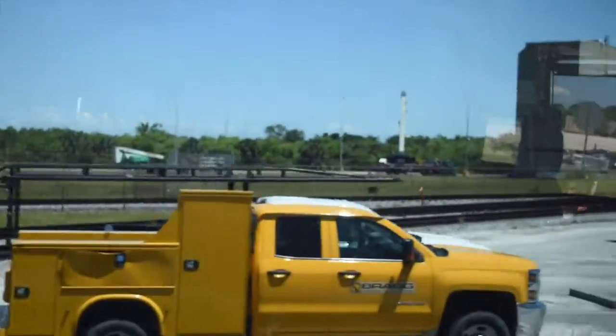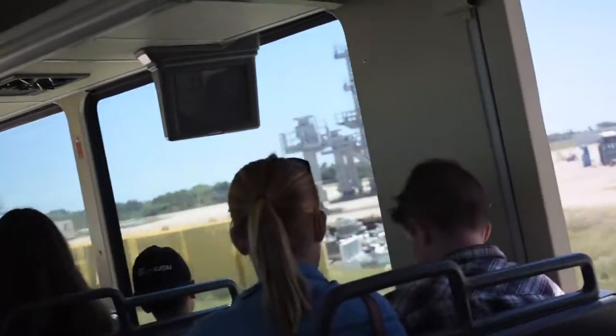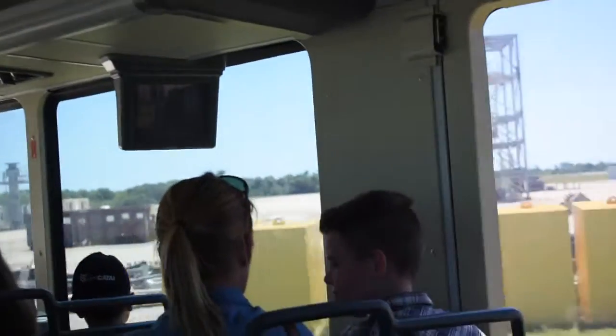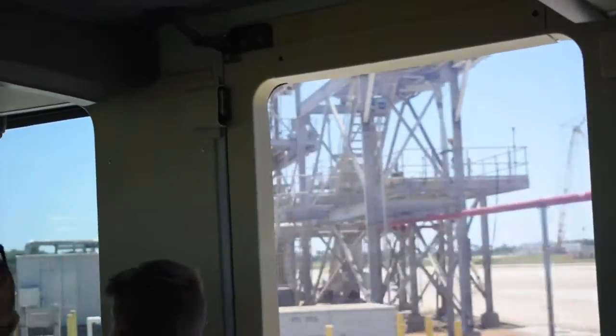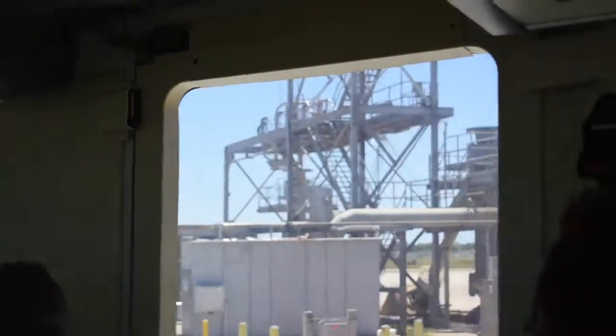Okay, this empty spot here on the right is where we built our brand new mobile launcher, and that's for the SLS. Now, last summer, the end of it, CT2 picked it up, took it out to pad 39B to see if the pedestals would fit. Well, they did, and so CT2 brought it back, put it in high bay number 3, which we're coming around to right now. Now, the video mentioned that our VAB is divided into 4 high bays, 2 and 4 there on the west side behind us, 1 and...